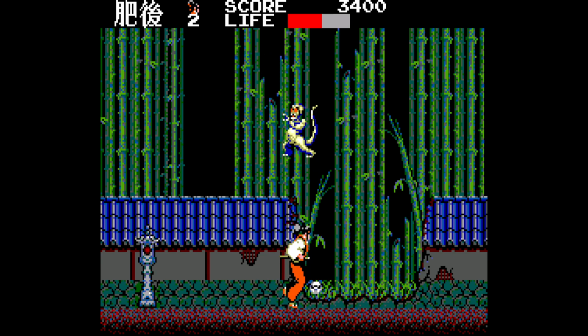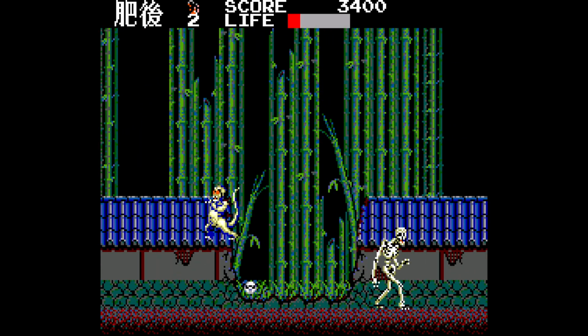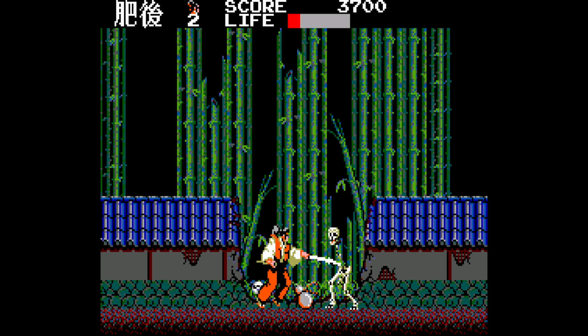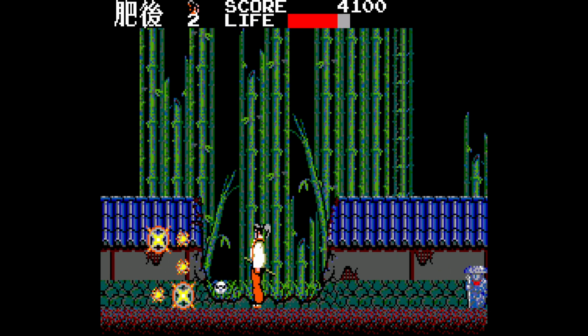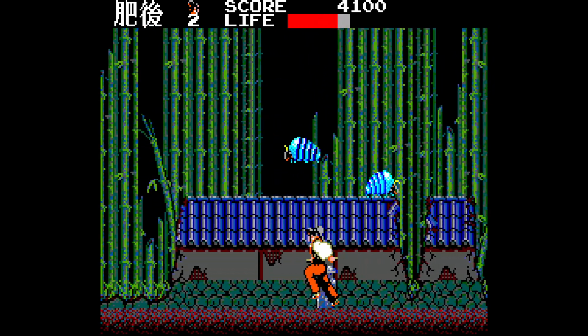The different types of attacks have varying ranges and effects, which is crucial for dealing with different types of enemies. For example, the crouching slash is great for hitting low enemies, while the upward slash helps when dealing with airborne opponents. Timing is key, as each attack has its own speed, and you must anticipate enemy movements to land successful